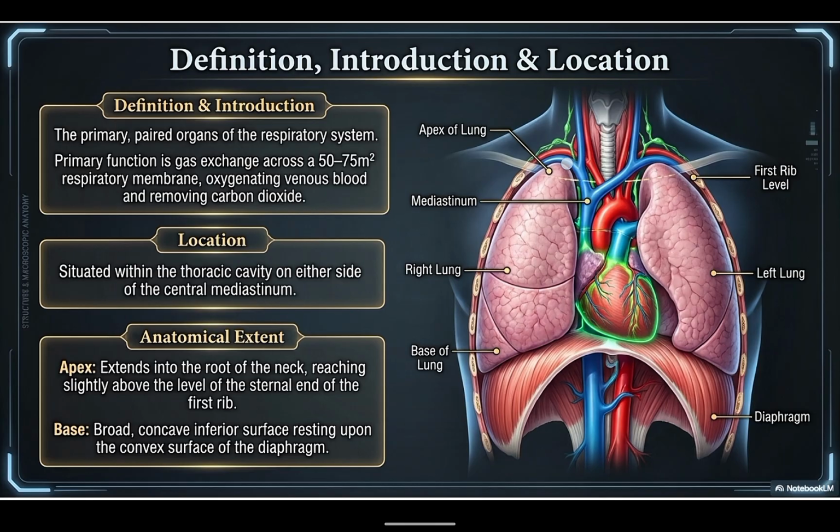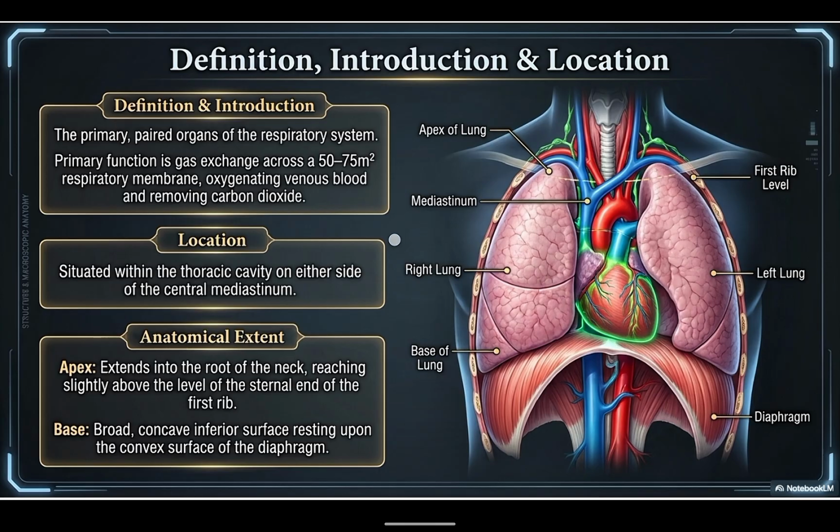So what is the anatomical extent? Apex. When we talk about the apex of the lungs, look at the apex of the lung. This is what we mean by the apex of the lungs. So it extends into the root of the neck. We are talking about the anatomical extension. So the apex extends into the root of the neck, reaching slightly above the level of the sternal end of the first rib. So the apex of the lung is 2 to 3 centimeters above the clavicle and the first rib. So after the clavicle, when you measure 2 to 3 centimeters, you now see the apex of the lung,